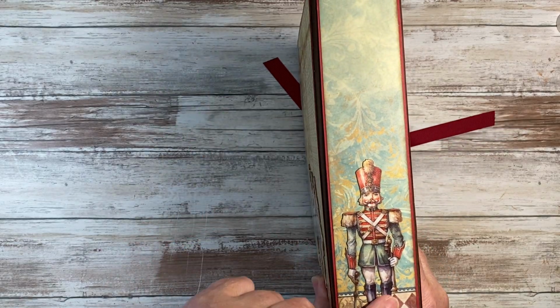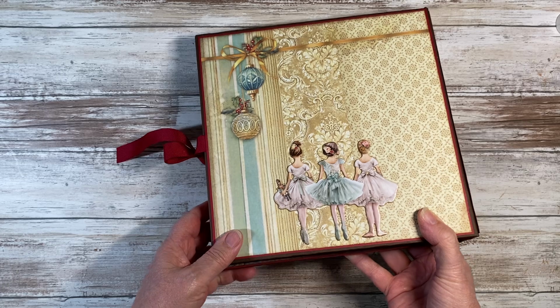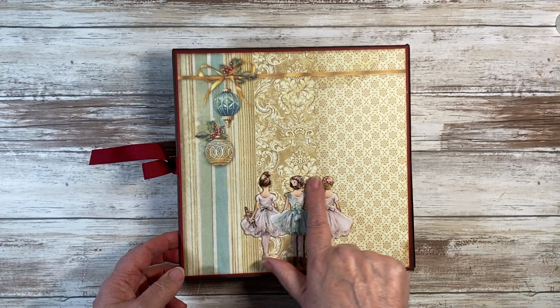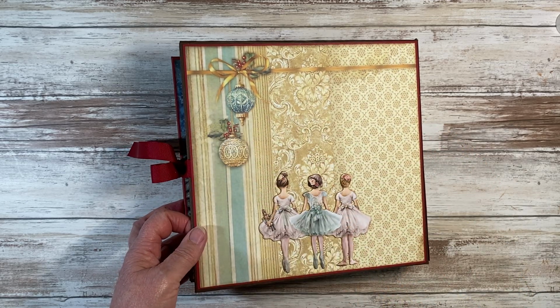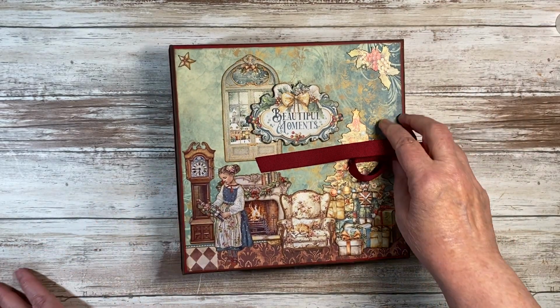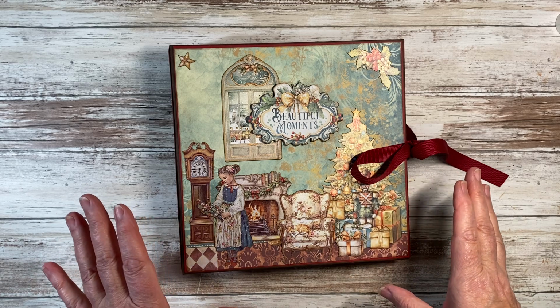So again, on the spine, we have a soldier from the ephemera. And then on the back, these are chipboard pieces of the ballerinas. And then this is one of the papers that has the ornaments on it, and I used some Wink of Stella there. The ribbon is from my stash, but everything except for the cardstock, everything that it took to make